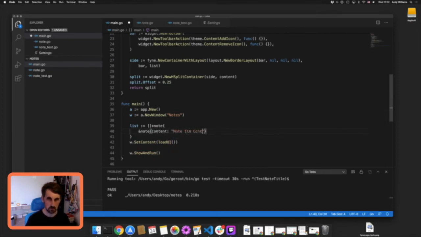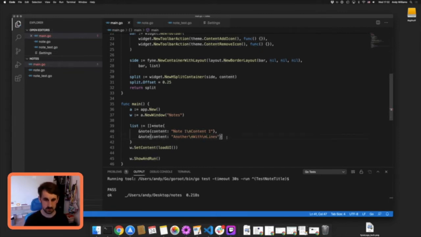Note 1, content 1, don't really need that space, and note 2. Not really very imaginative on the dummy content here. So we'll pass that in